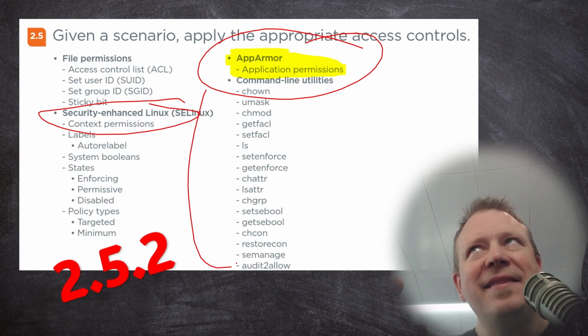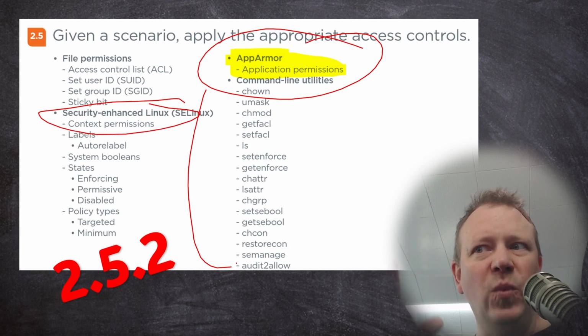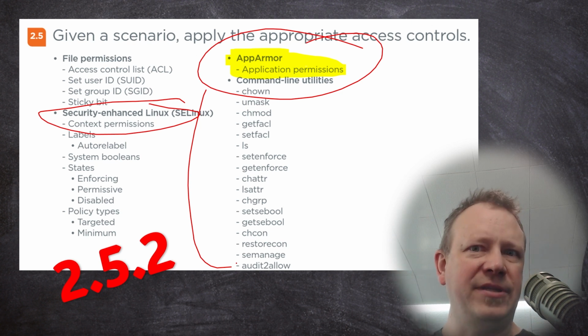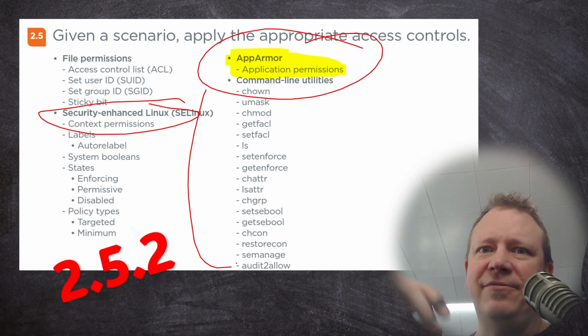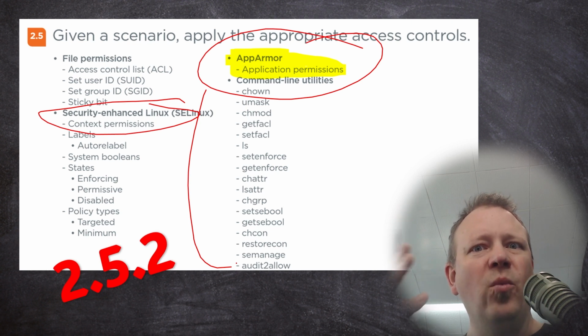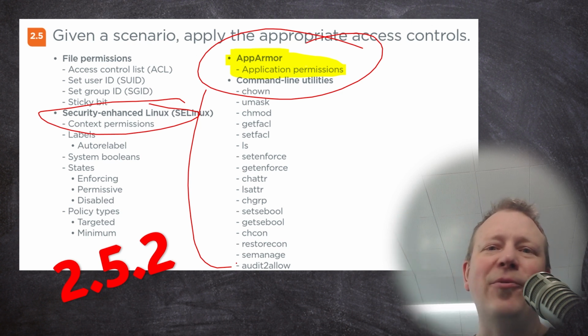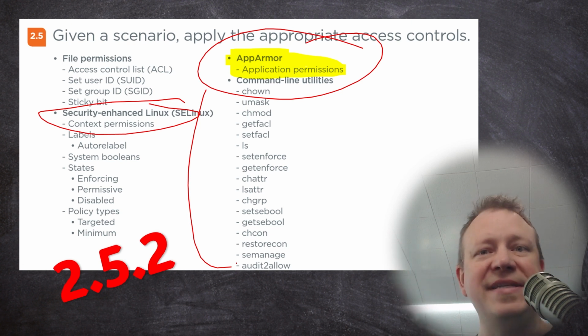But basically, rather than defining on every file in the system what is allowed to access it, AppArmor has profiles for individual programs, and it defines what they are allowed to access. So it kind of reverses it. Rather than the files being defined with special contexts, AppArmor just defines a profile. What is the program itself allowed to access? And that makes more sense to me. Like I said, it may not be as robust, but the same sort of individualized security structures can be accomplished with AppArmor, and you'll see it's a lot easier to understand.